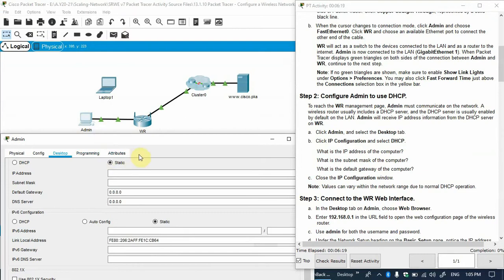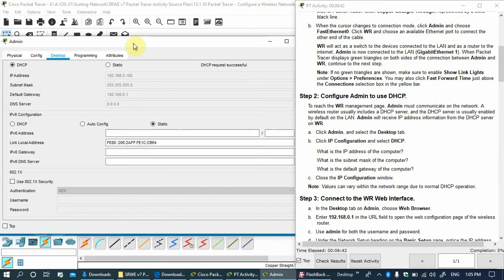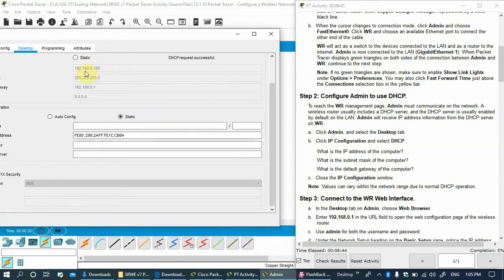How can it get the IP? There are two options. One, you can assign a static IP. The other is that this wireless router is also your DHCP server, so this Admin PC will get the IP directly from this wireless router. How will it get it? Click here, and you can see here now